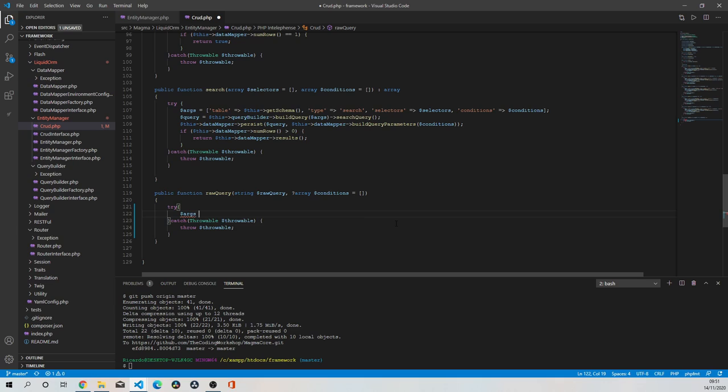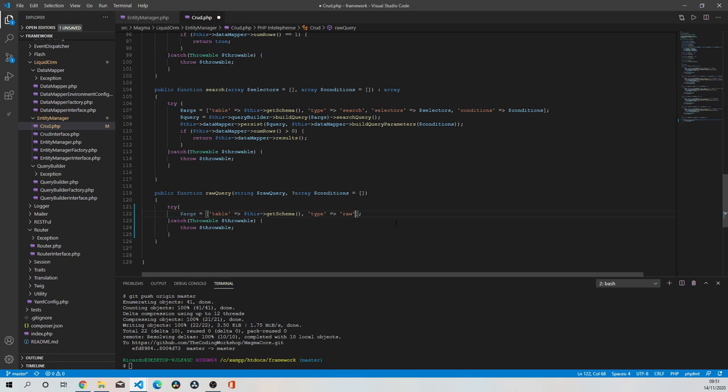Say args equal, I'm going to define our associative array for our raw queries. I'm going to say table, this get schema, and set the type to raw,